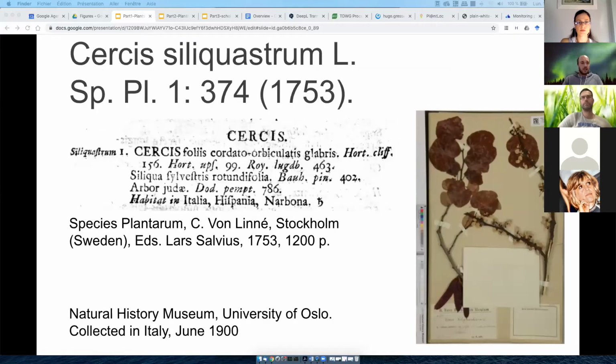So here we provide an example of this type of record for a species which is present in France and in Greece. This species, Cercis siliquastrum, was described for the first time by Carl von Linné, in the Species Plantarum. And we have here in front of us the original description of that species. And I illustrated that species with the herbarium specimen on the right side, which was collected in Italy more than